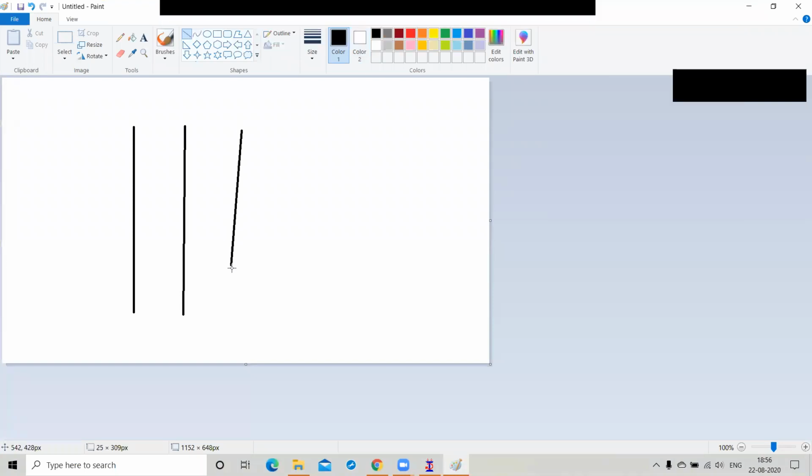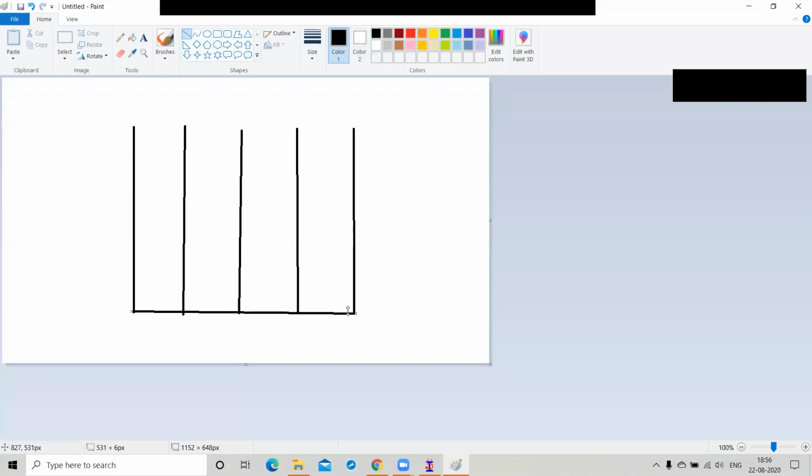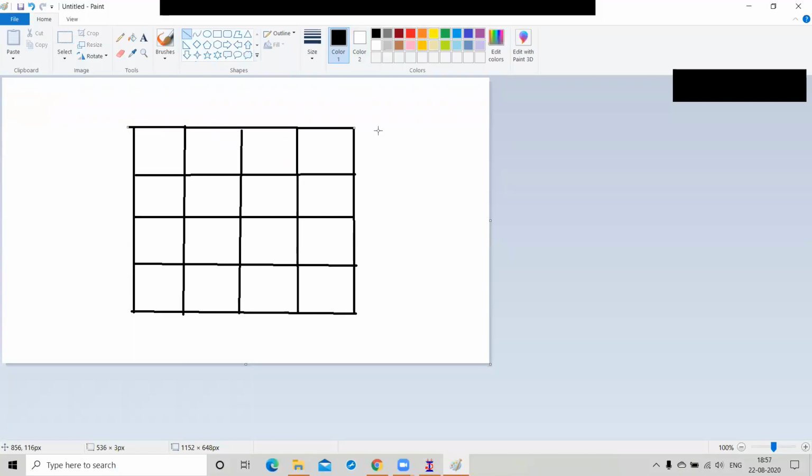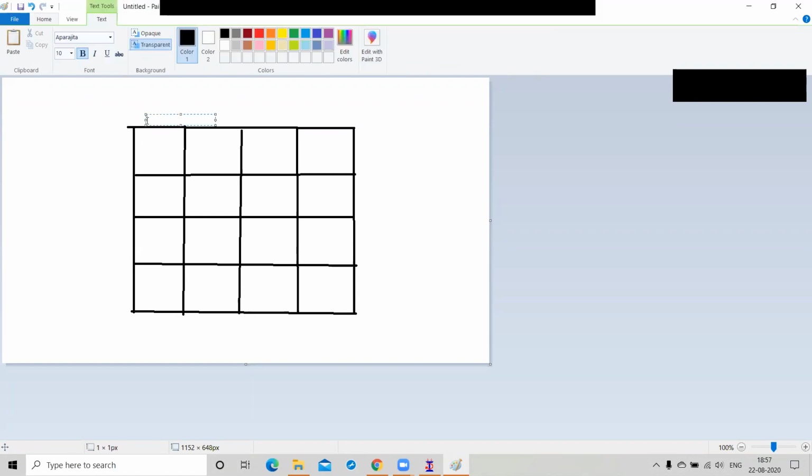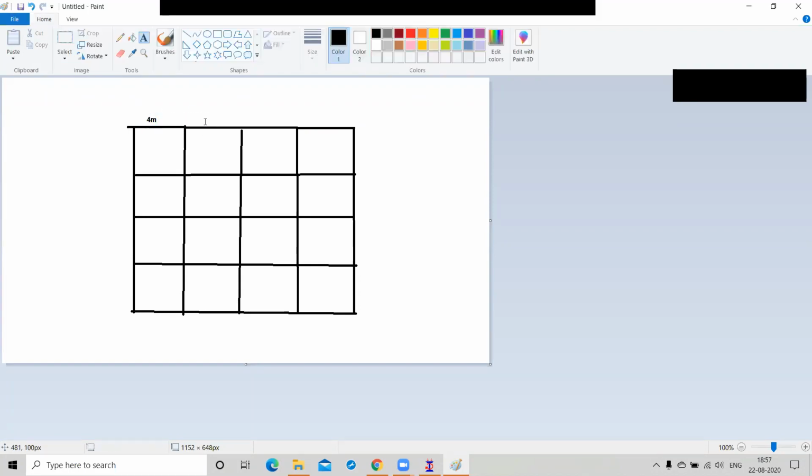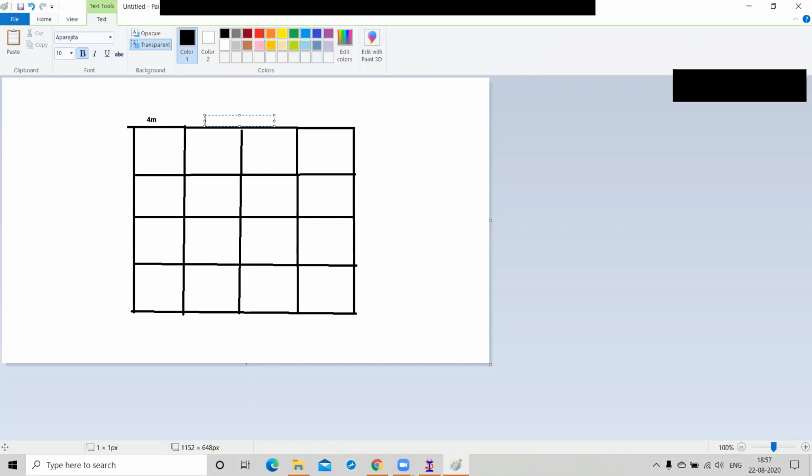Okay, so please draw like this. So this is your... you are going to draw this in the static way. So please draw in your copy like this, right? And this is your distance. The y distance is 4 meter. This is the 4 meter distance, right?